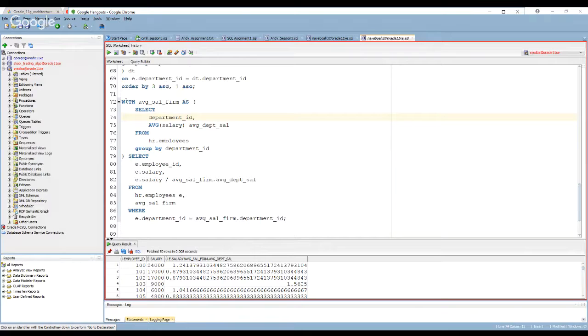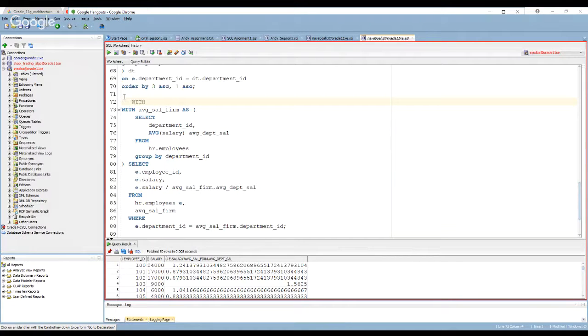So you would say something like, I want you, Oracle, to store this 10 rows of data into some area of the memory so that you don't have to keep running the same thing over and over again. Okay, it's one approach that you may see when somebody gives you a query to analyze. That's all that is doing there, right? So that's the WITH construct.